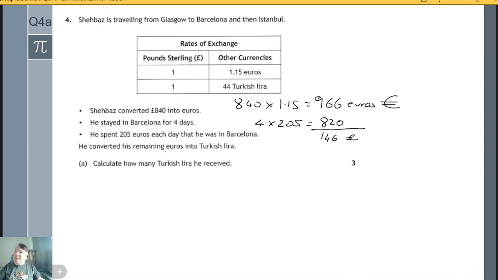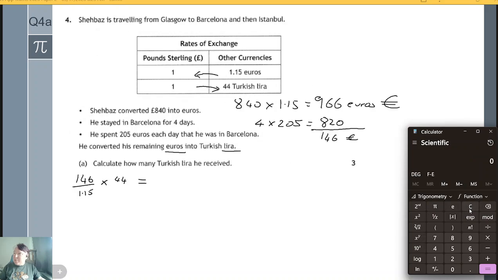We need to convert the euros into lira. So euros to pounds, pounds to lira. So we're going to do the 146 divided by 1.15, and then we're going to times that by the 44. Now you can do it step by step. There's not a problem there. I'm going to do it all in one because I can. And I know this is going to get me a big number. Divided by the 1.15. So you can see there you'd have got £126, which is about what we would expect for the pounds. Times that by the 44, and we get 5,586